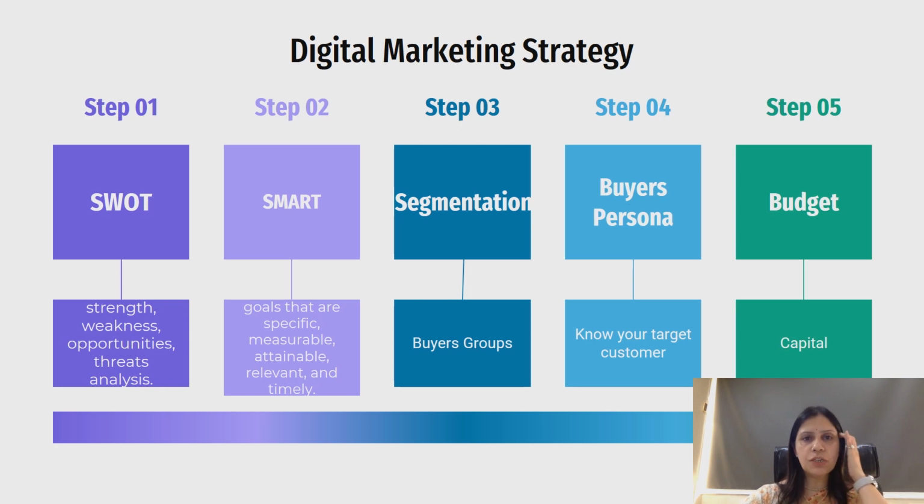The next step in digital marketing strategy, step 2, is SMART. SMART means that the goals need to be smart enough: specific, measurable, attainable, relevant and timely. If you have very crisp goals which are easy to measure, not easy to attain, but at least attainable, and relevant enough to the current context which we have analyzed in our SWOT analysis, and if they are framed timely, then those goals can really help you get exceptional results. If your goal framing is not done properly at the initial stage, it becomes really difficult for you to carry on those goals and attain them.